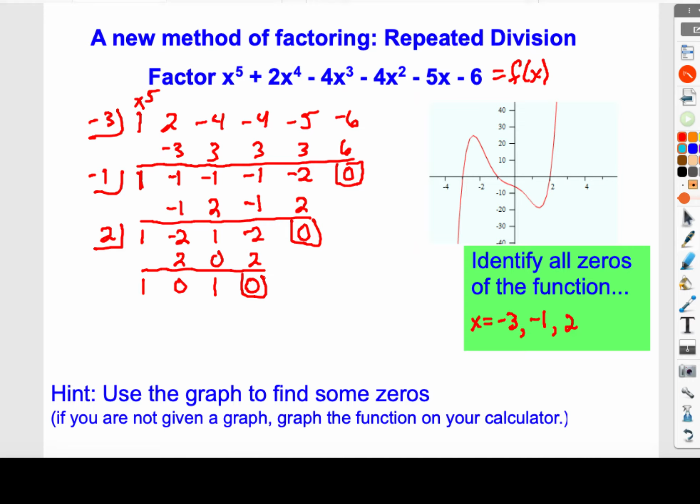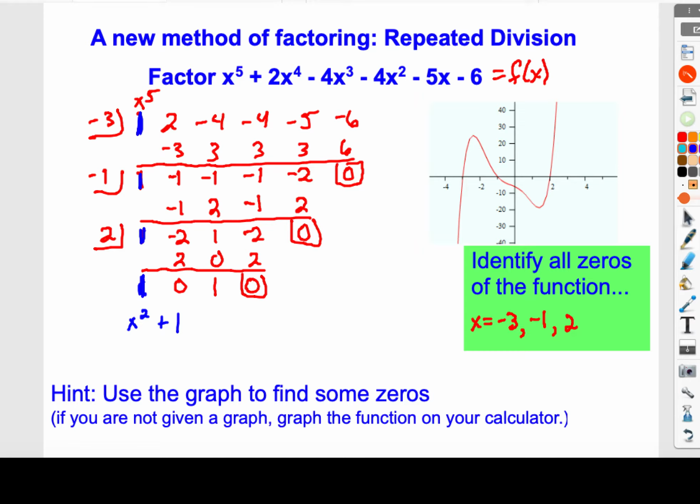Now we also just went from x to the 5th up top here, that first one, down to an x to the 4th, x to the 3rd, and this last one down here means that we're now down to x squared, plus 0x, plus 1. And because that's not really factorable, not without imaginary numbers anyway,